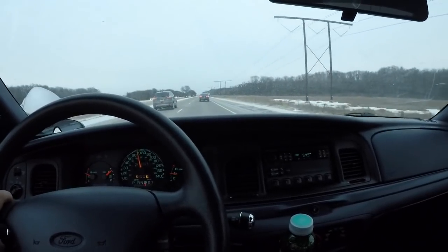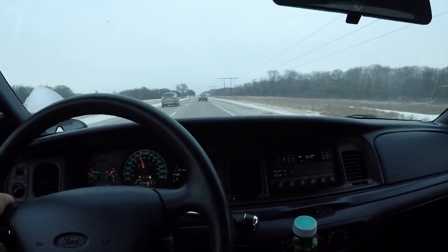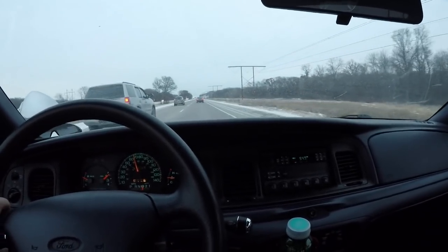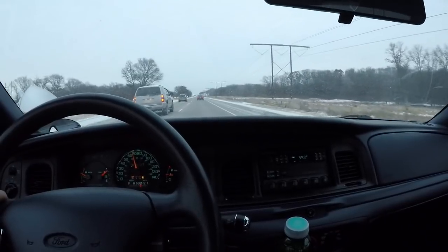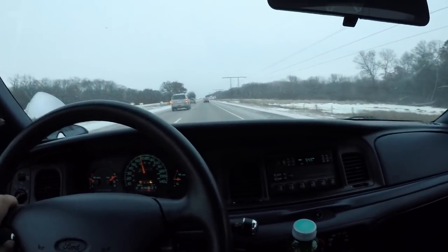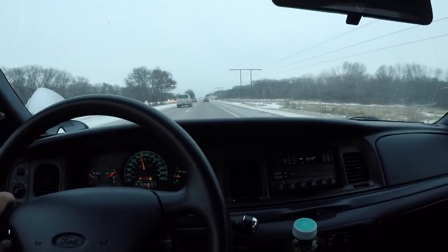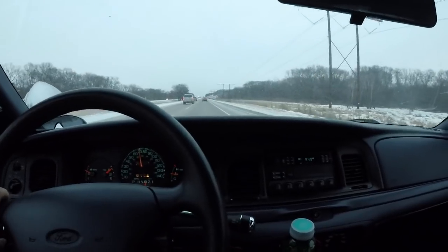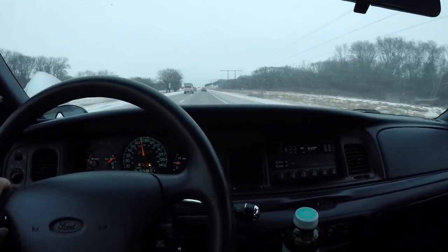Got really nice tires on it. I got all the maintenance records with it, and they did a few things to the bus before they stopped using it. So it does have some rust. Being a Minneapolis bus, I'm kind of learning. I've never really picked up a northern bus like this. I did get one from Janesville, but